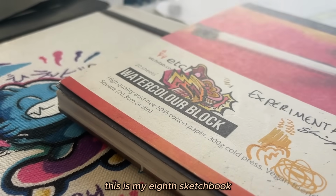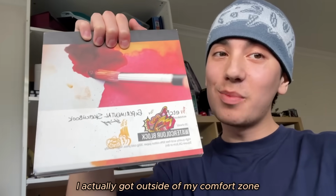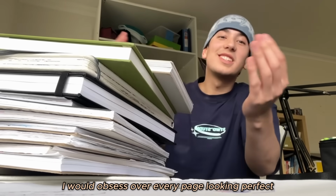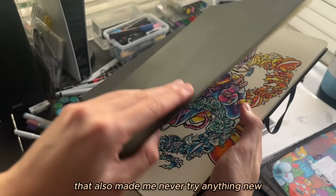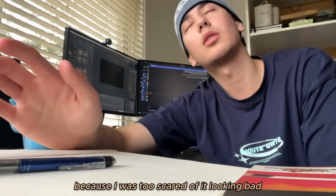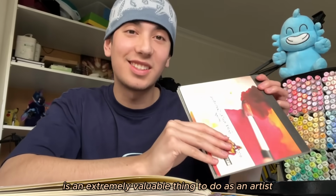This is my 8th sketchbook and possibly the most important one in my collection because for the first time I actually got outside of my comfort zone. In all of my other sketchbooks I would obsess over every page looking perfect. That also made me never try anything new because I was too scared of it looking bad. But trying and learning new things is an extremely valuable thing to do as an artist, which is why